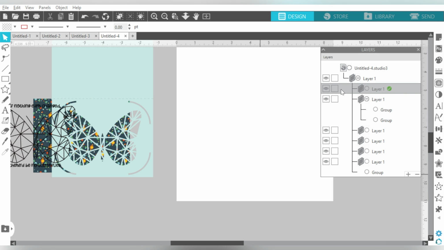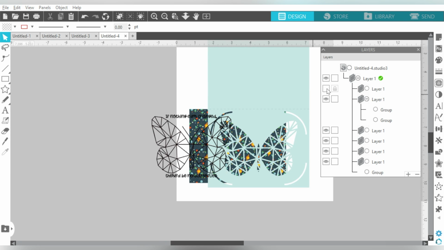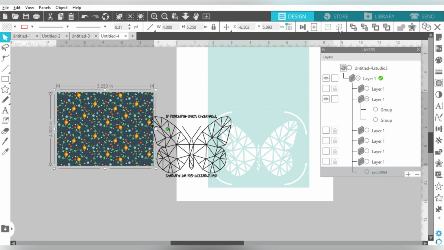If you need to determine which layer is which, you can come over here and do the view and unview, the hide and unhide, whatever you want to call it. So this one, I'm not seeing any major differences, but obviously that one I do, so I'm going to leave that one.